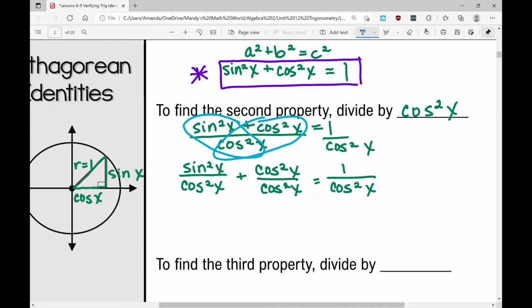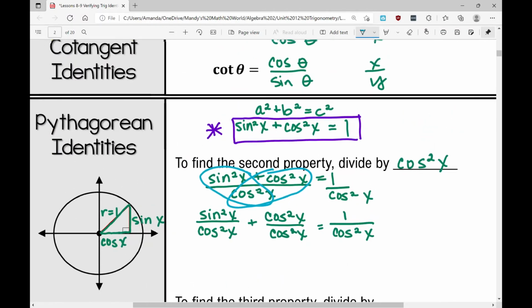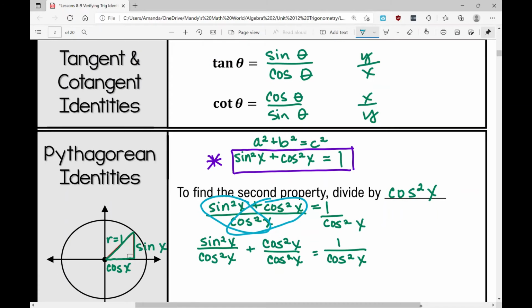So what happens when we do this? Well, we know, and I'm going to go back up here, that the ratio for sine over cosine is tangent. So sine squared over cosine squared is tangent squared. Plus cosine squared over cosine squared, well, anything divided by itself is 1, equals, and then 1 over cosine squared,